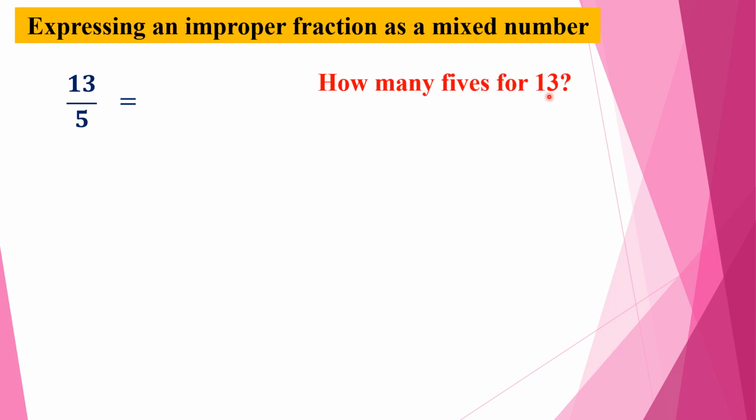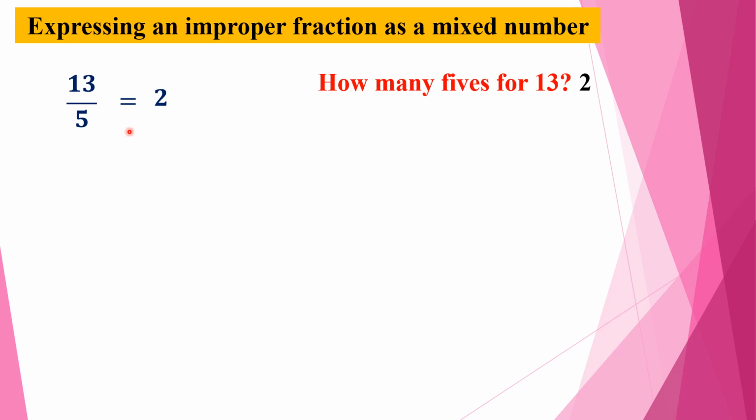How many 5s for 13? Yes, there are 2 5s for 13. Then this result is the whole part of our mixed number. We know there is a fractional part and a whole part for a mixed number. So now we found the whole part of our mixed number. So the whole part is 2. Now we can write the whole part as 2. And